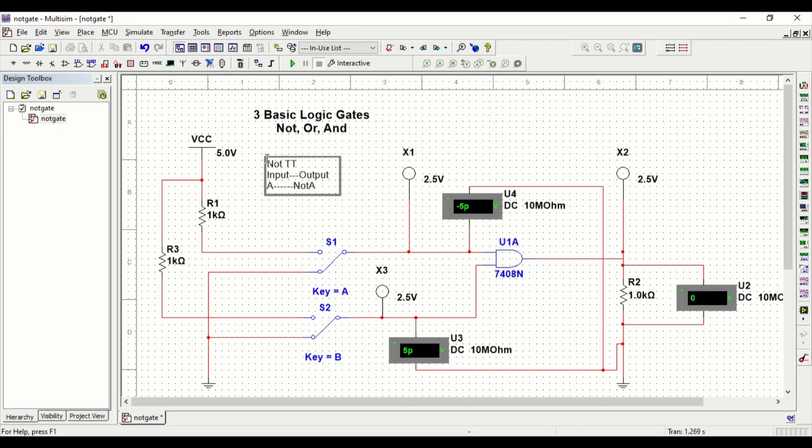Because that's exactly what the gate does. The input is A and the output is NOT A. And as we studied and demonstrated, the conditions are that if A is false, then NOT A is true, and vice versa. If A is true, then NOT A is false. And that's how you can represent the logic of the NOT gate